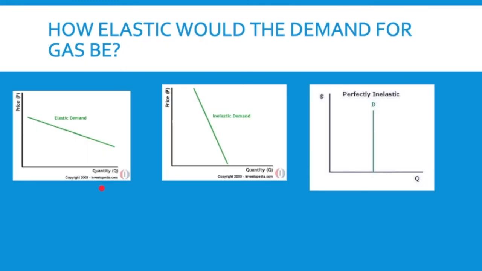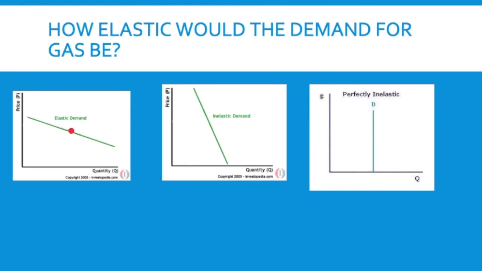We have three different lines here. This line here is an elastic demand. You can see that it's very shallow, not steep at all. And you think about that, it's because if the price for gasoline, or for any good, was this high, this would be our demand. And it changes quite a bit when you go to, let's say, this is one point here. If we went to this point, there's a big change from here to there.